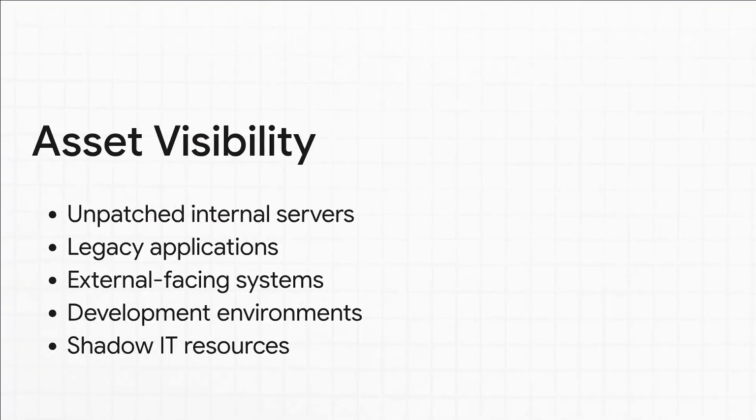The very first pillar is complete asset visibility. The simple truth is you absolutely cannot protect what you can't see. So many devastating breaches don't happen because of some crazy, sophisticated zero-day attack. Nope, they happen through a forgotten, unpatched legacy server sitting in a dev environment or some outdated system left over from an acquisition 5 years ago. UEVA creates a centralized map of your entire digital reality: hardware, software, cloud workloads, endpoints, effectively wiping out those really dangerous blind spots.